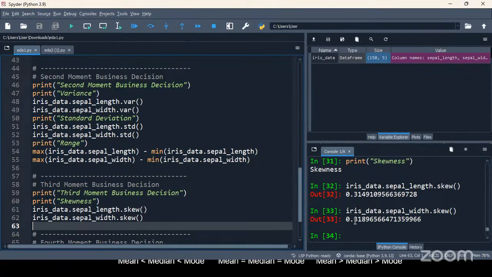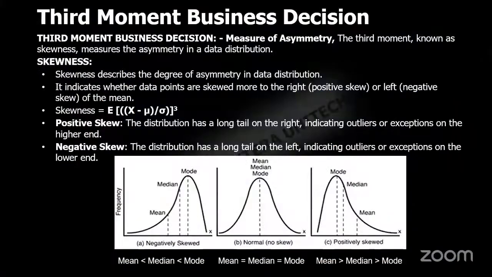It is also same. Yes, it is also same. But if you want to visualize the plot in this fashion, you'll understand it in data visualization. Under data visualization, we'll be learning the concept of histogram. There we can clearly understand the plots one by one. Taking the data, we'll visualize the data. So the third moment business decision measures the asymmetry in the data.